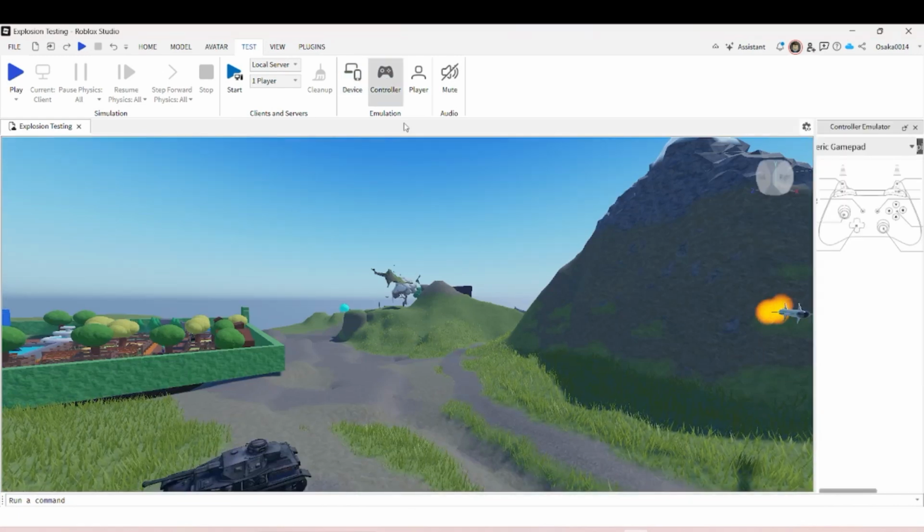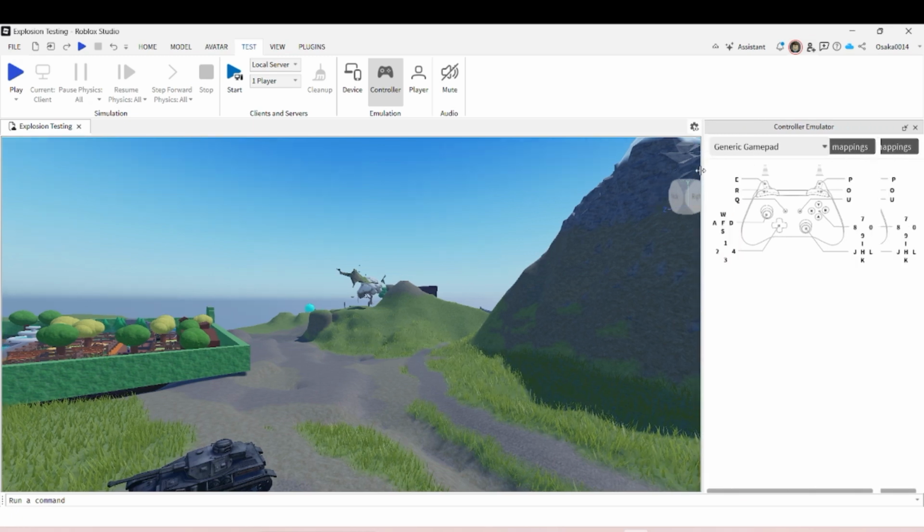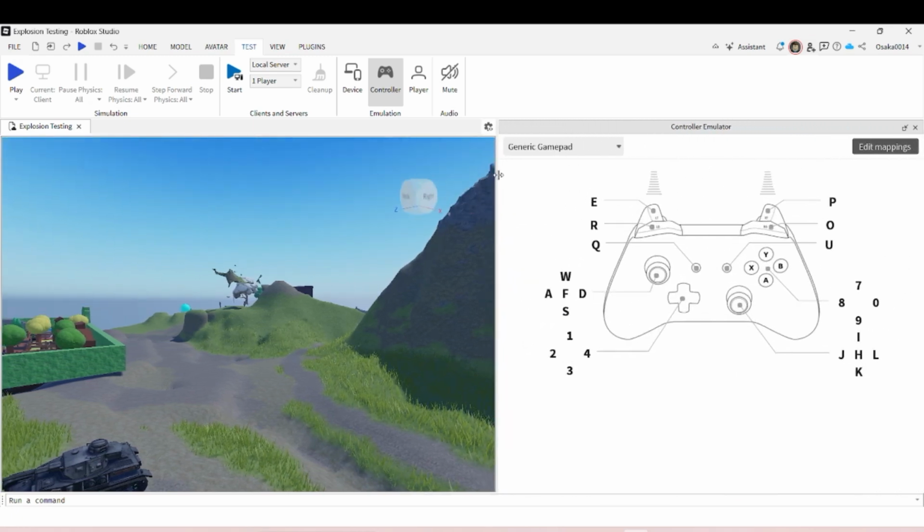As for this controller, it shows you the gamepad of how a controller user, as you can see, WASD, shows you how you can use it, how you can move forward.